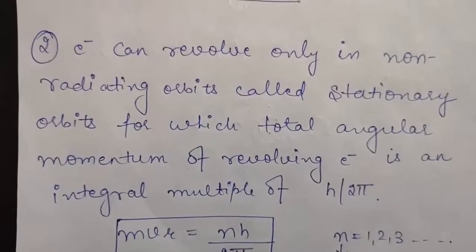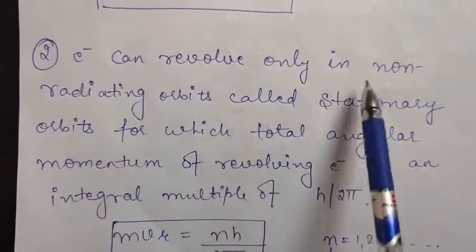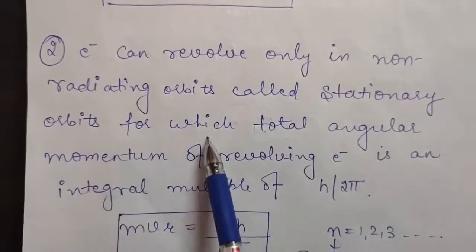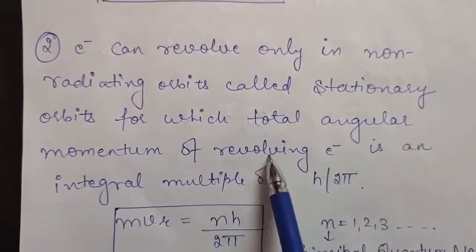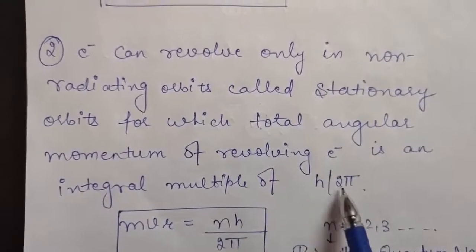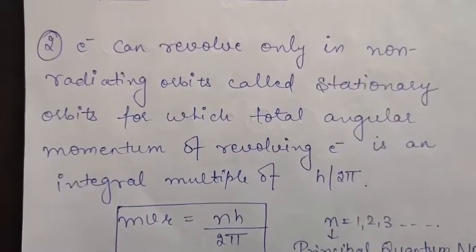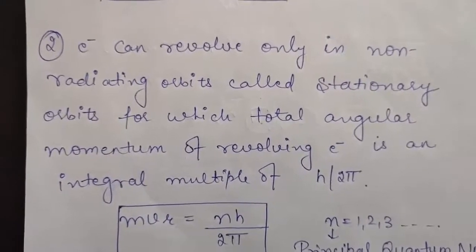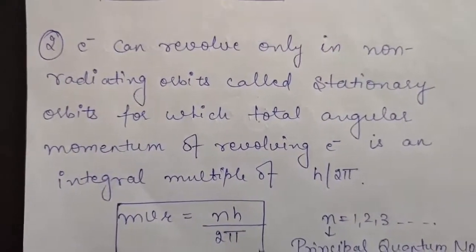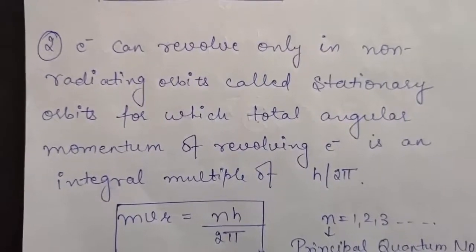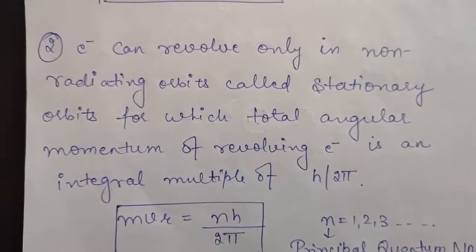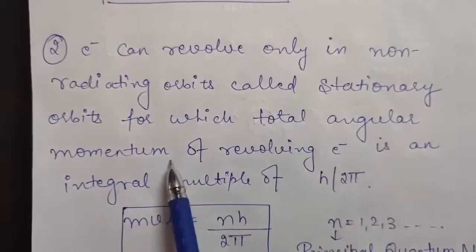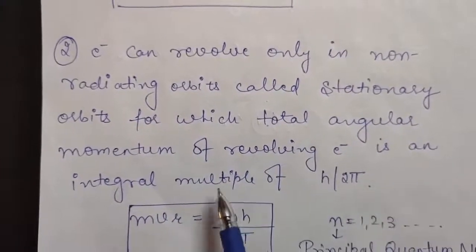The second Bohr's postulate was that the electron can revolve only in non-radiating orbits called stationary orbits, for which the total angular momentum of the revolving electron is an integral multiple of h/2π. Up till now you have studied that the electron was revolving in an orbit, but there was no condition for that orbit. But according to Bohr, the electron will only revolve in those orbits which are non-radiating, that is, those orbits will not be emitting any radiations, plus the total angular momentum of the revolving electron should be equal to an integral multiple of